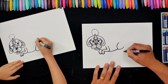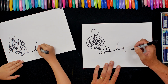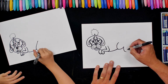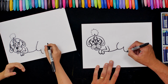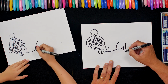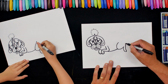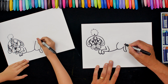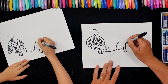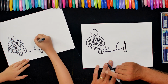Okay, and then I'm going to do a curve that goes that way, like it's boosting off. Like it's kicking behind him. It's like he's digging a hole, that's the best way to describe it. Then we're going to curve round and we're going to follow up to there. It's going to go back a little bit like that, and then I'm going to do another curve. Remember that oval? Following that oval like that,